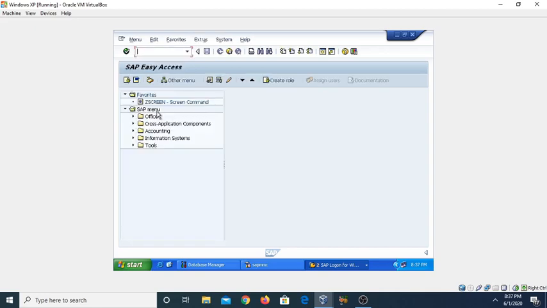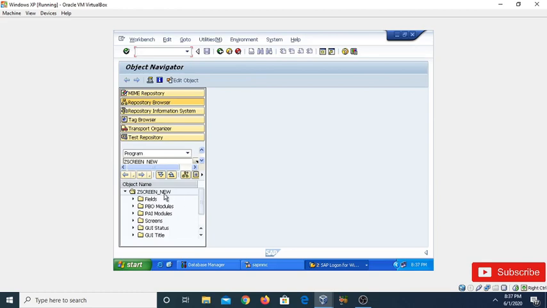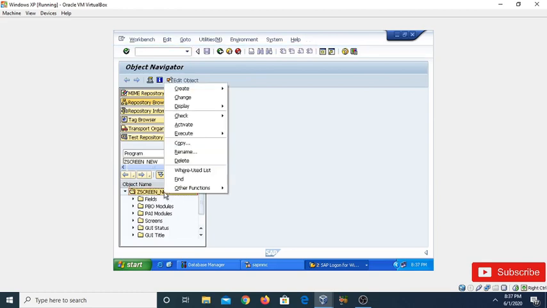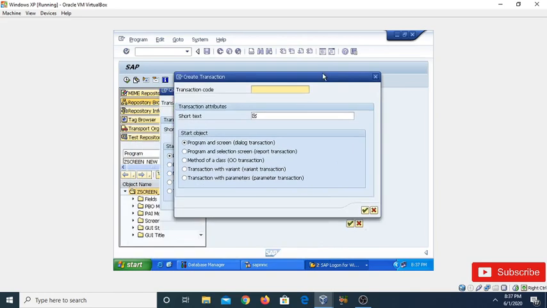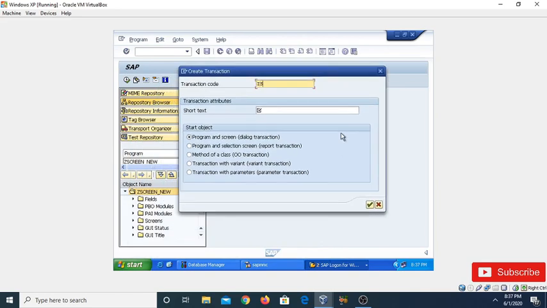So firstly we need to again create the transaction. Just right click on it and then create and then transaction. So the transaction code I am assigning is Z_SCREEN_SUB. Short description, this is our subscreen program.